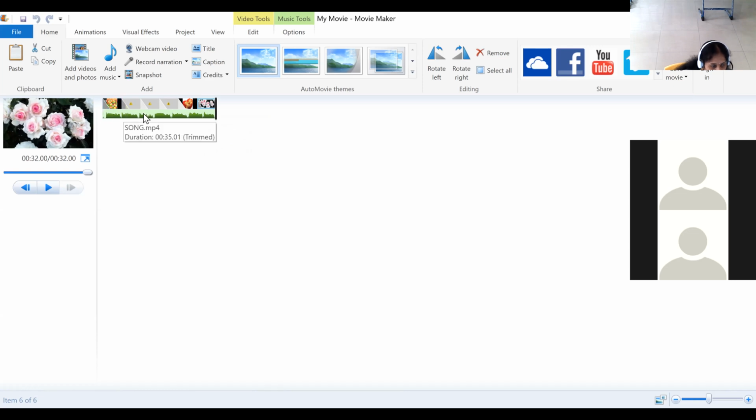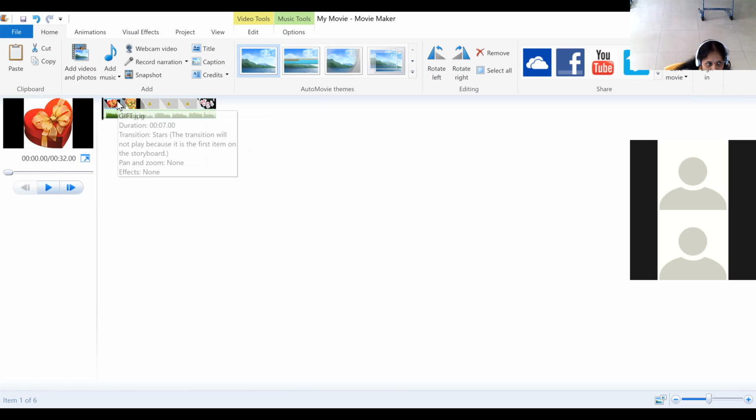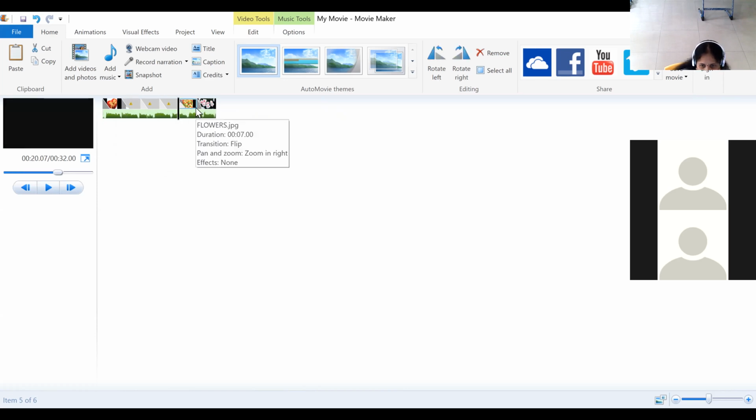Suppose there are 10 photos, and you don't want the picture in the 9th position to stay there, you want it to be shown first, so you can just drag and place it in the first position, and it will come first.